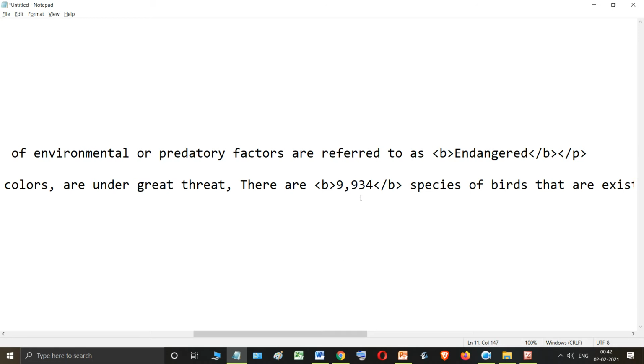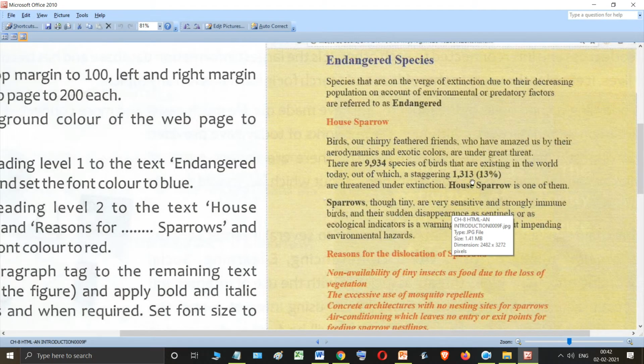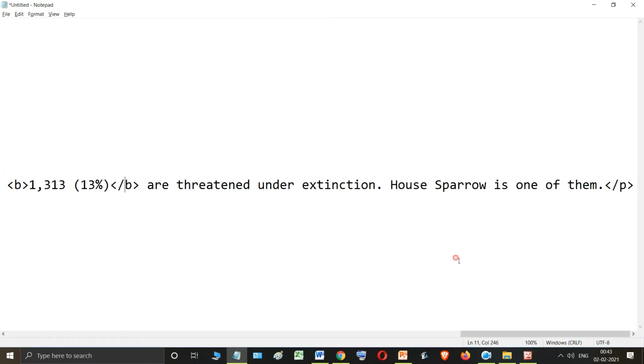Then the same thing we have to do with this. Till here it is bold, and then this house sparrow is often one of them, so house sparrow has to be bold, so this part.